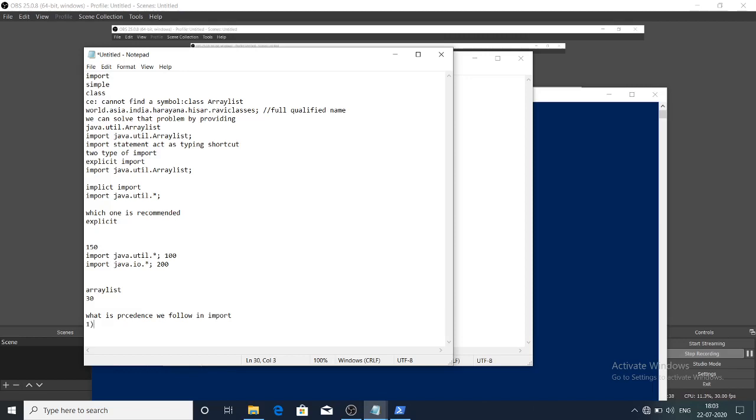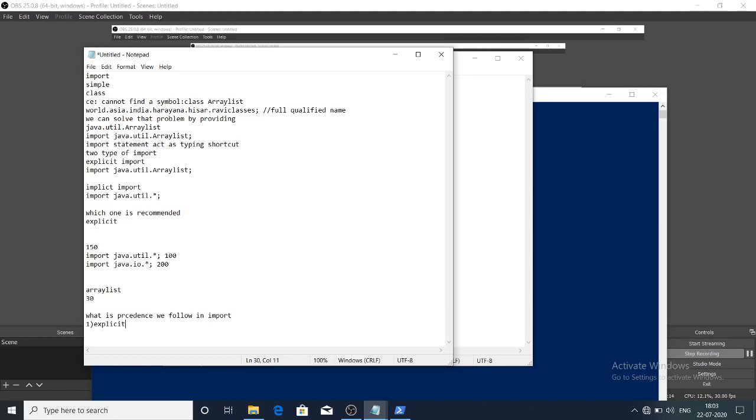First one, you know that in import, if we have 5236 import statements, so which import will take? First one, explicit import.